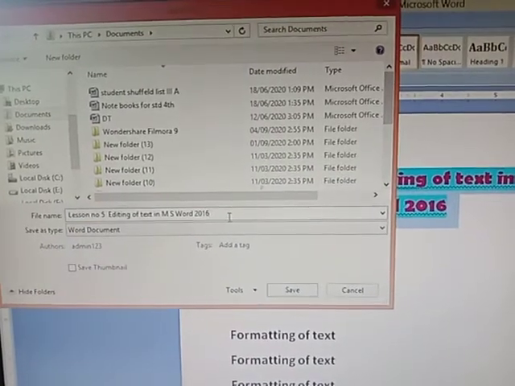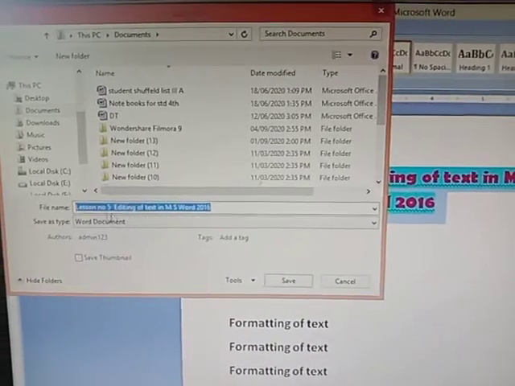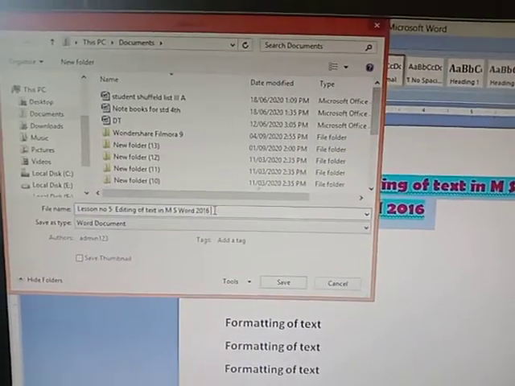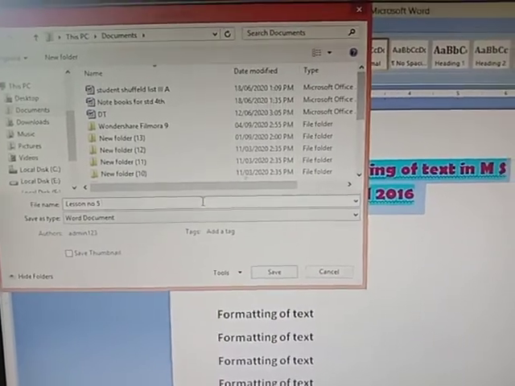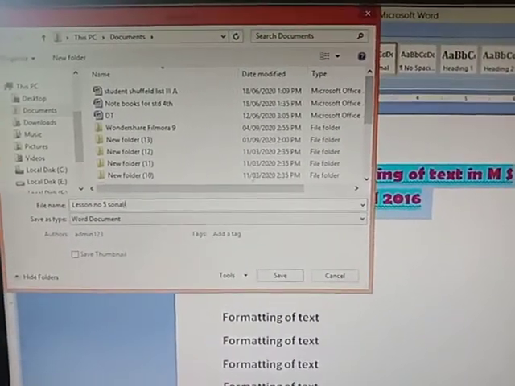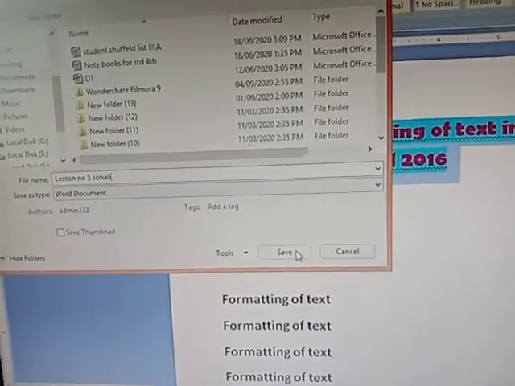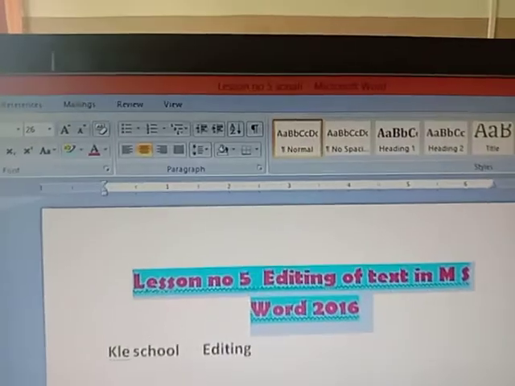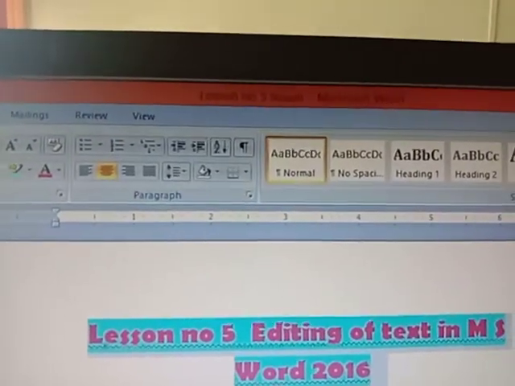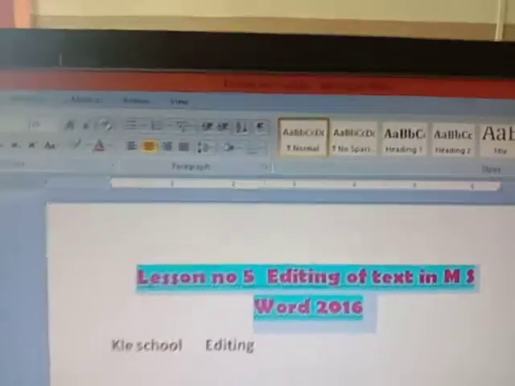Click on this text and here give the name. For example, whatever name you want, just type it. Here I will write. Then I have to click on Save. Can you see the Save button is there? Yes. Now how will I come to know that my text is saved? Can you see the name is displayed here? So now, lesson number 5. Yes. So like this, the documents will be saved.